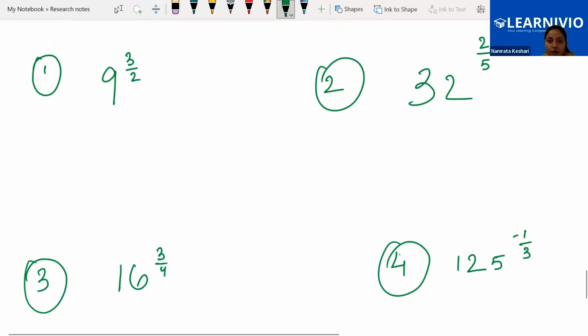First, number 1. Okay, first we'll be doing number 1, 9 to the power 3 by 2. Samya,